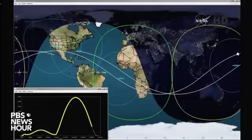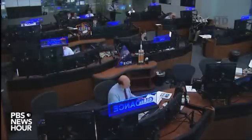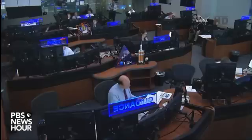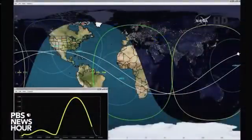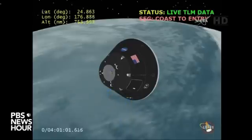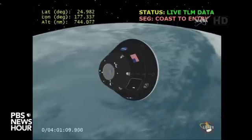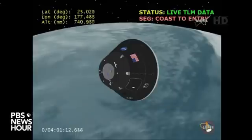We are 13 minutes away from entry interface. Orion transiting the Pacific Ocean, currently at an altitude of 887 miles, having reached its peak altitude not quite an hour ago of 3,604 statute miles above the Earth, having performed flawlessly in its first flight, exceeding expectations to this point, but now the critical milestones of entry must be met, and will be met in rapid-fire succession, as we said, with